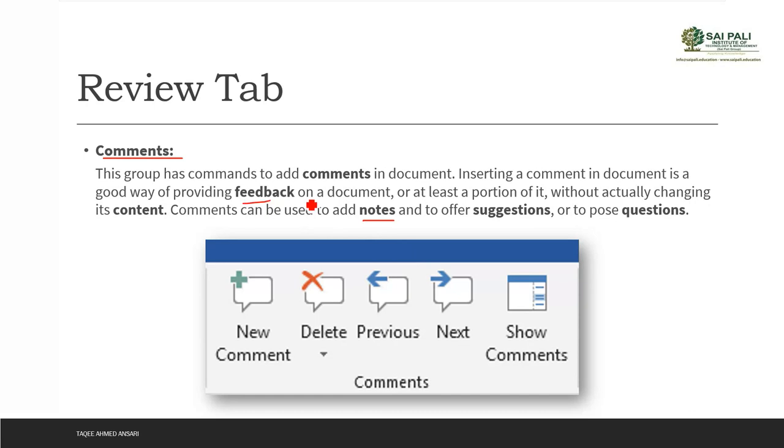They can give feedback, put suggestions, or ask a question, like why it is like this. This can be done with comments. They don't want to edit the document, they just want to say something, give suggestions, questions and notes. So instead of editing the document directly, they can just put a comment there.